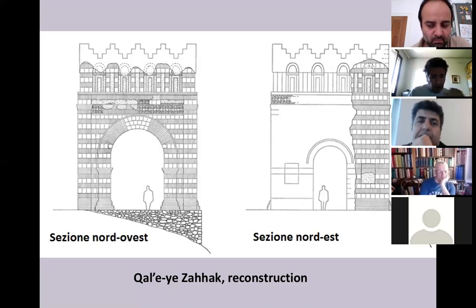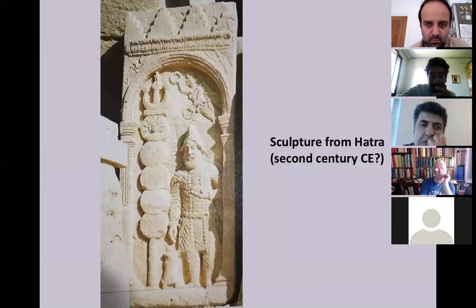And if the chronology proposed by German and Iranian scholars is correct, we could say that the Sasanians didn't invent this kind of shape, because already during the Parthian period, we had something like this. Now the question is, did the Parthians invent this, or could we find something even more ancient than the Parthian period?